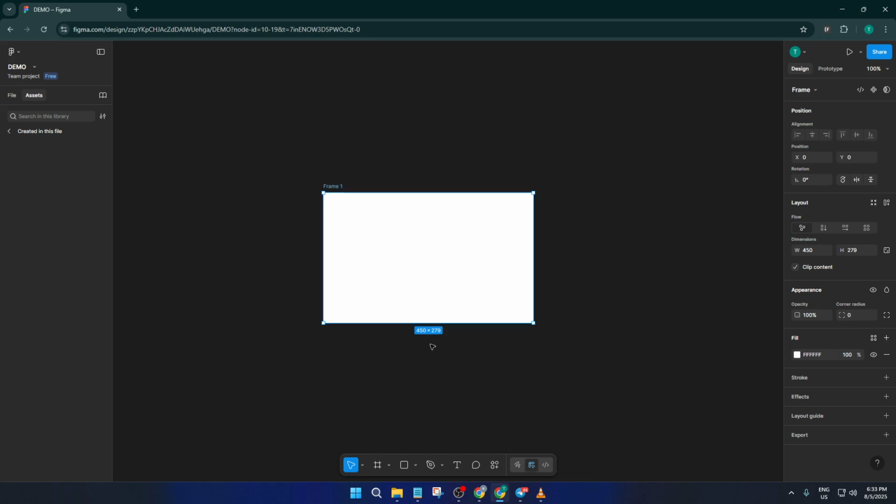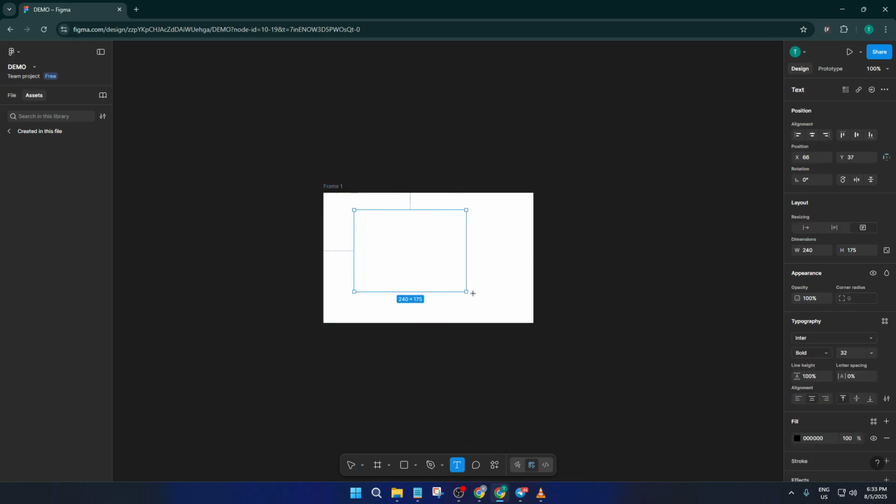Once your frame's set up, let's add some text. Select the frame so it's active, then grab the text tool. You can do this by pressing T on your keyboard. Click anywhere inside your frame and start typing. It could be a headline, a button label, or something simple like "Hello, Figma." It doesn't really matter for this demonstration, but just make sure you can see the text element clearly inside your frame. This is where things start to get interesting, because combining text with auto layout is a game changer for